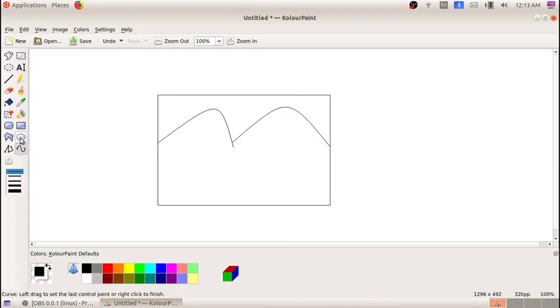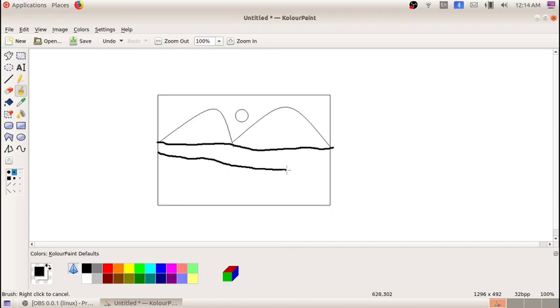Then we had used the circle tool to draw the sun. Okay, then we had used that brush tool to draw the rivers. So complete it. Then we had used the coloring tools.